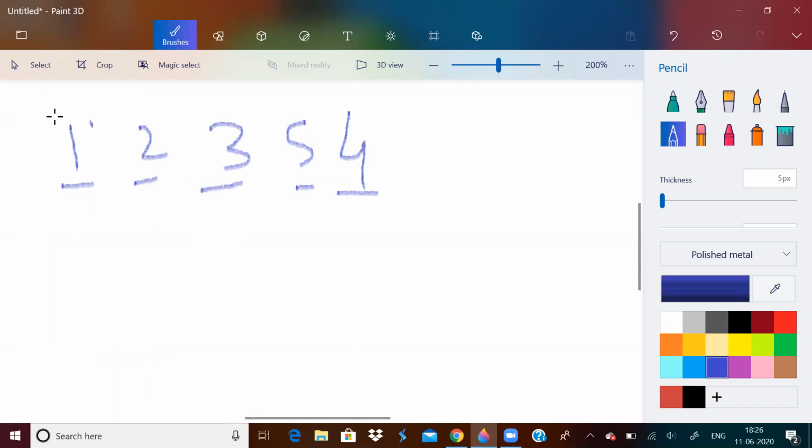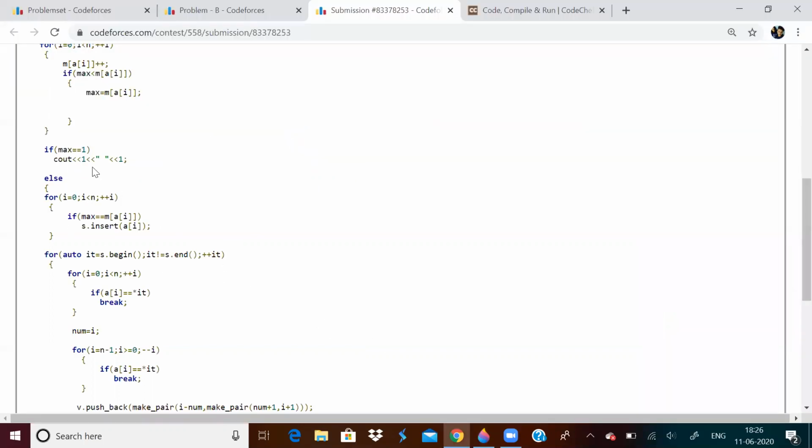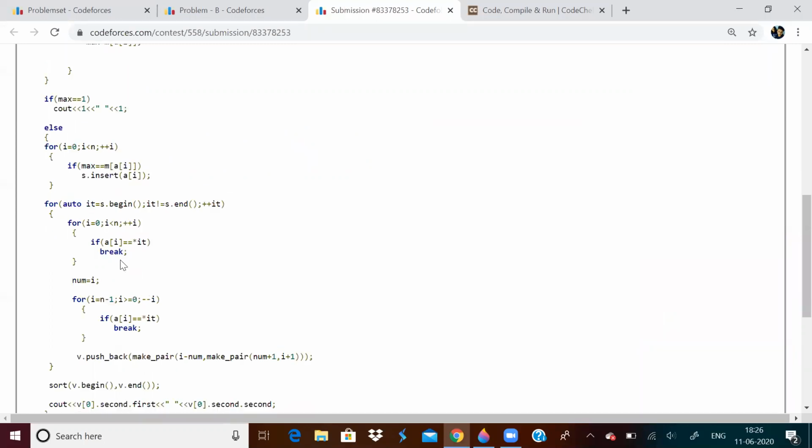So I will print 1, 1. The lower bound and upper bound are the same. So I'll print 1, 1 if max is 1. If max is not 1,